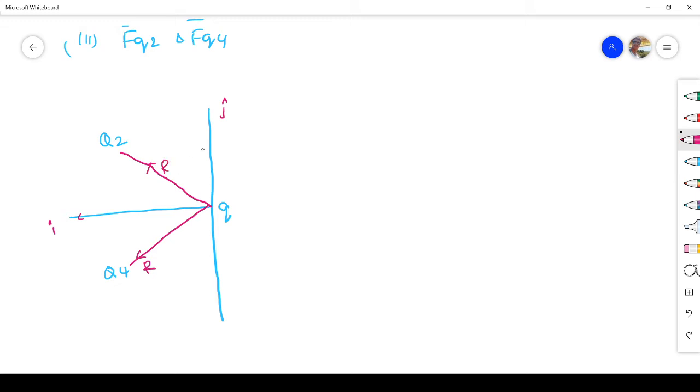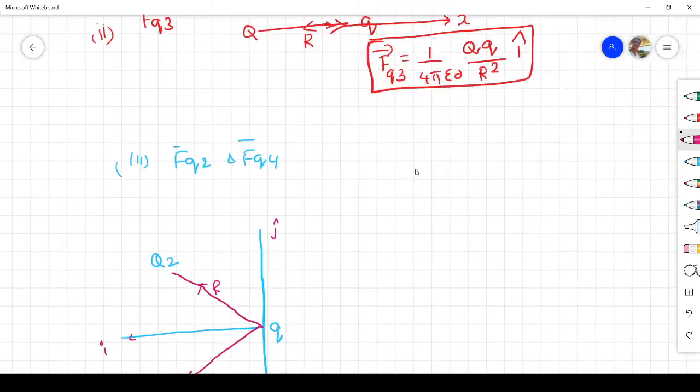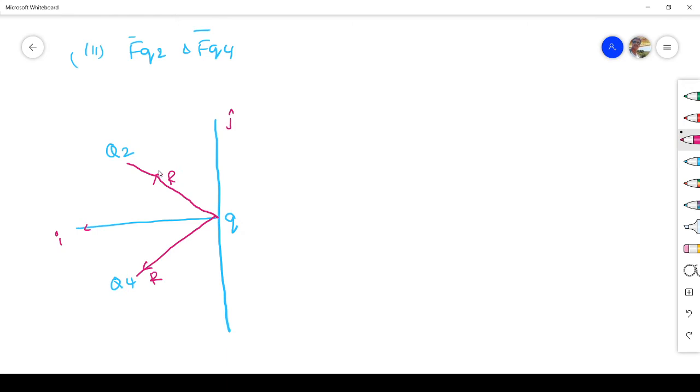Because this distance is r, everything is at equal distance. That's what I have told here, right? You see here, everything is at a distance of r. So this is r. So what I am going to do, I resolve this vector into two components that we studied in 11th standard itself, right? If you want to find this one, what is the total distance? Summation of these two. Vector addition we have known, right? So this is A, this is B, this is C, means what is the point? AC is equal to AB plus BC.